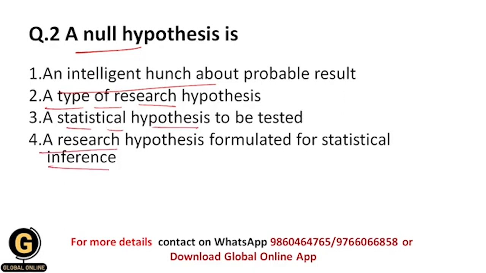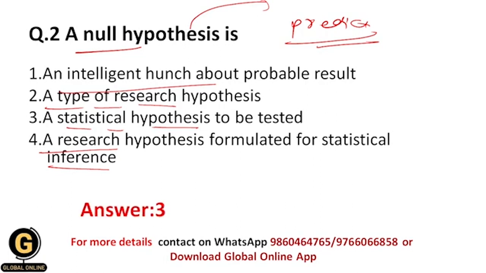So basically students, a null hypothesis is a statement in which we predict that there is no relationship between the variables under study. And in research methodology, we only test the null hypothesis. This is the only hypothesis that we test in the research process, and that's why your correct answer should be 3. That is, it is a statistical hypothesis to be tested, because there are lots of research hypotheses, including